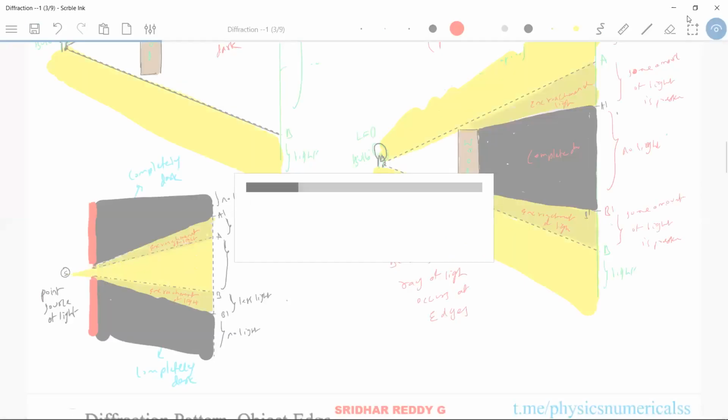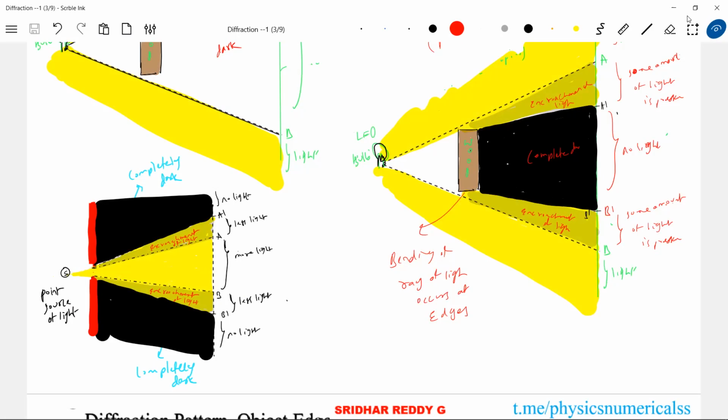Fine. That's how I'm slowly going to the original idea of this. The bending of the ray of light is nothing but the wave nature of light coming into the picture, because a wave will bend. A good example is the sound wave. Suppose I'm teaching in one of the classrooms. How